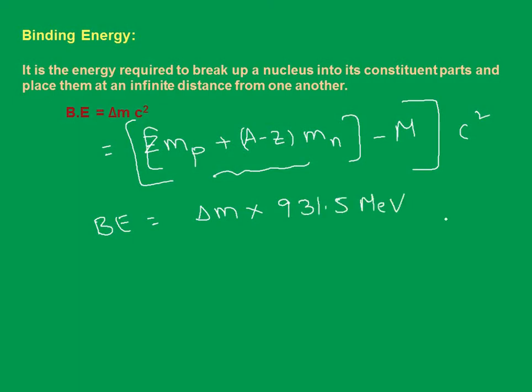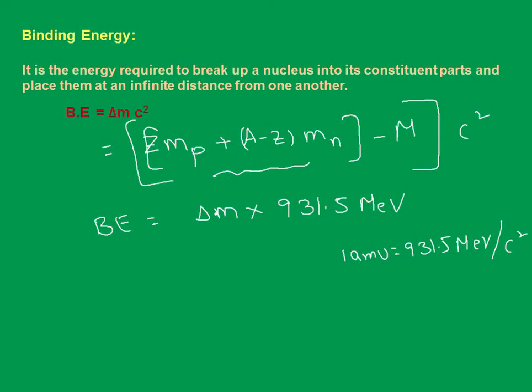Do you remember this? One atomic mass unit, we have already seen earlier in the calculation, 1 AMU is equal to 931.5 MeV/c². Do you remember this? Mass and all. And if you consider the energy alone, it will be just 931.5 MeV. I told you already, so the same I am speaking here. This delta m is nothing but 1 AMU if it is so. Are we clear with this?